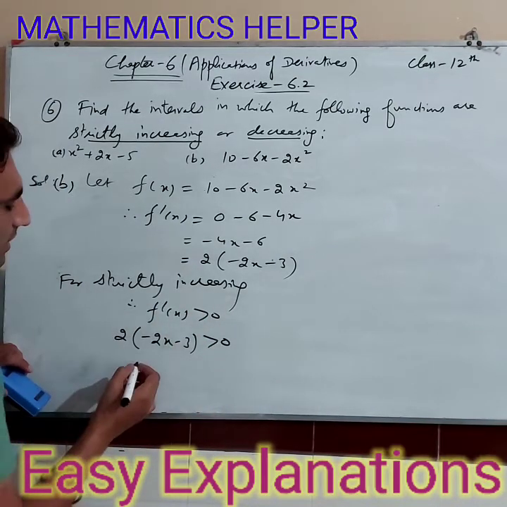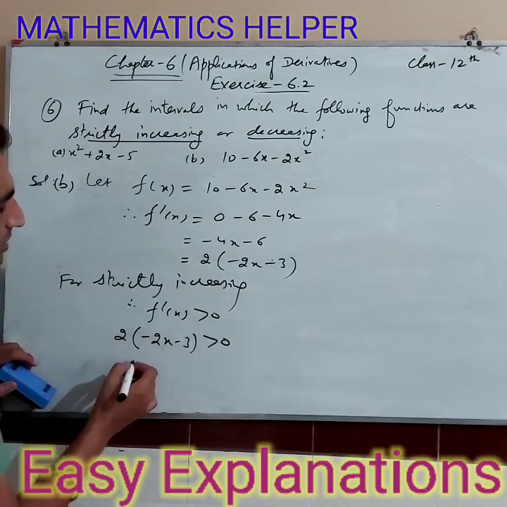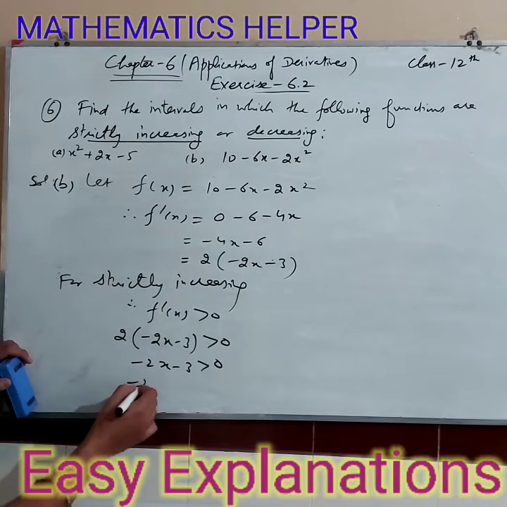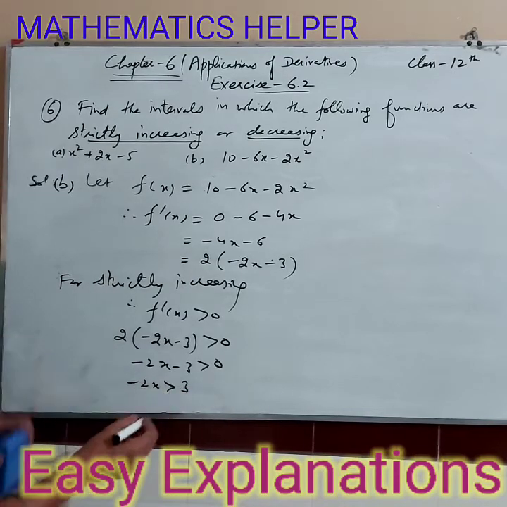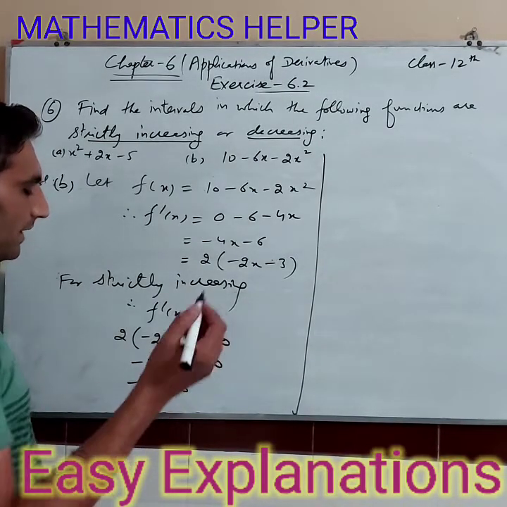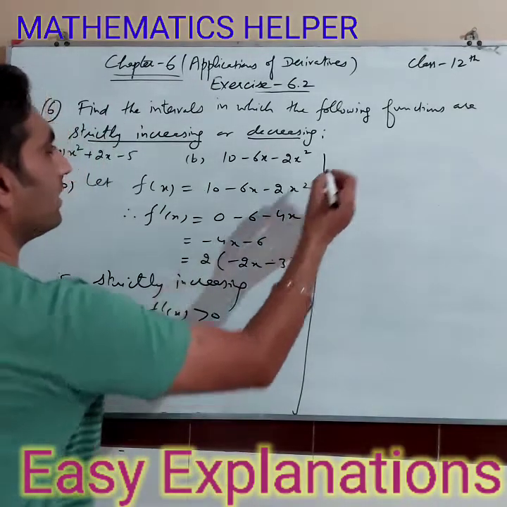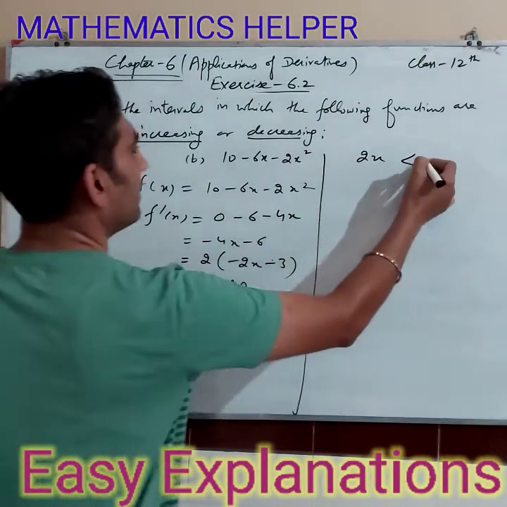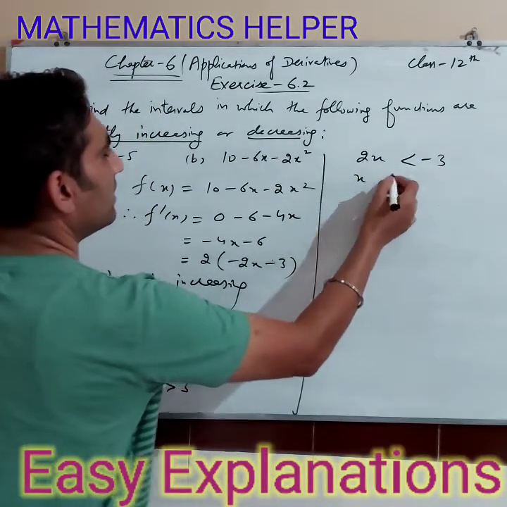When you shift 2 there, you can eliminate 2, so you have minus 2x minus 3 greater than 0. In other words, we can say minus 2x greater than 3. We can't shift the minus sign directly in inequalities. We can multiply with minus 1 on both sides. So it will be 2x, change the sign greater than into less than, minus 3,